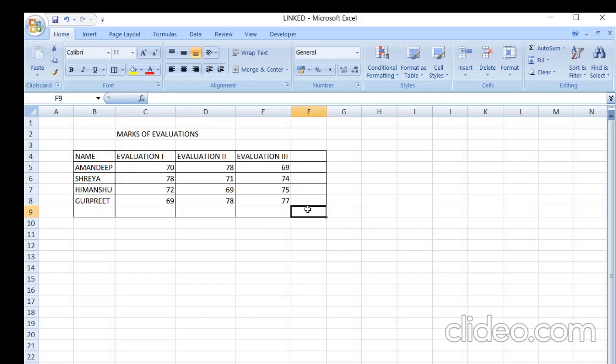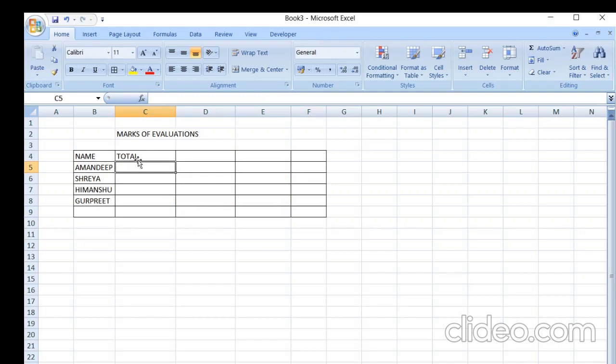How to create a link between workbooks? First you need to open a workbook. You can see I have created it, with different evaluation marks. Now I am opening another sheet. In that sheet I have written marks of evaluation, same student names.